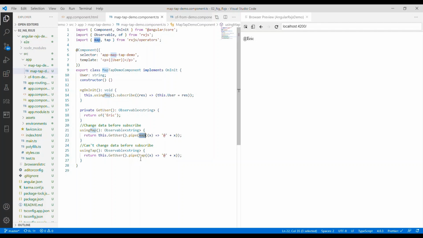And then we also have a tap operator. This tap operator cannot change data before subscribe, so it's kind of like the opposite of map. Basically, here you can see the same thing, we just change map to tap. And now if I change this to using tap and then save, it will not change anything. So using tap allows us to not change the content that was passed from